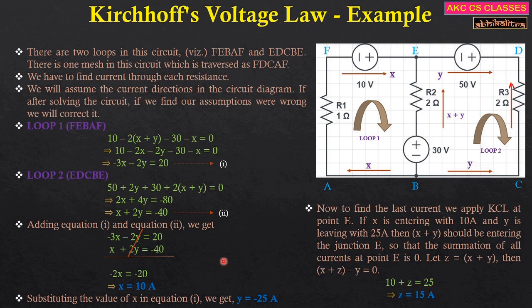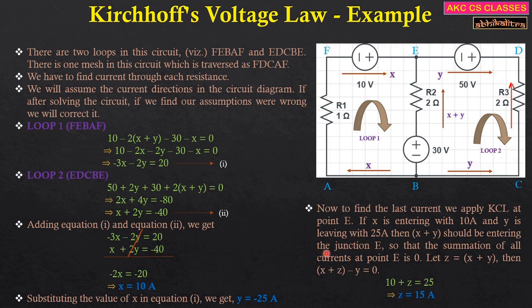So the values of x, y, z, after we solve the equations, help us to understand whether the direction of current that we have assumed is right or wrong. Do not get confused with 25 and the value of y. This 25 is the current that is now flowing in this wire after correcting the direction. So I hope you will not confuse 25 with y equal to minus 25, right?